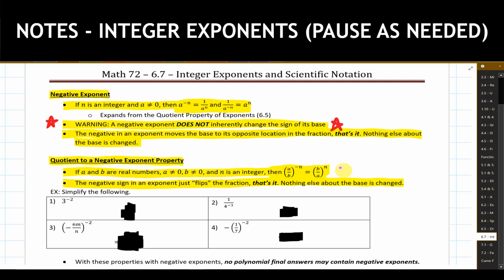So when you are working with integers being raised to exponent values, specifically negative exponent values, take a minute and pause to realize that the negative exponent isn't going to change the sign of the base. It does not change that in any way, shape, or form. So we deal with the negative sign in the exponent spot all by itself, then we deal with the number right after that. So we're going to go through a couple of the examples that we have right down here and see this in full effect.